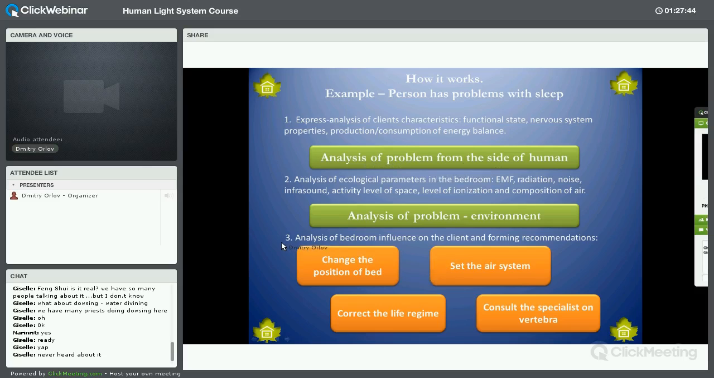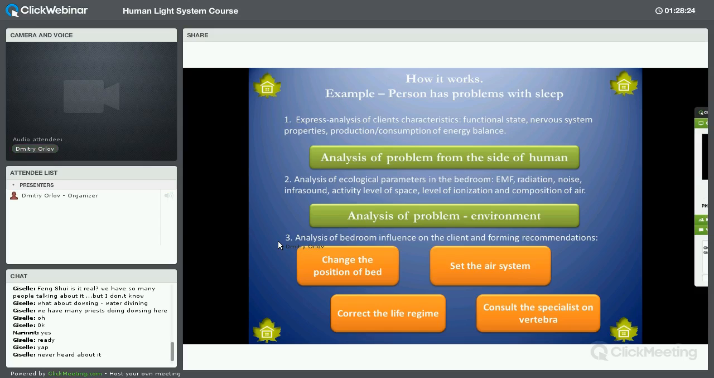Here, number three is: what can we then recommend to a person? Number one, we can propose to the person to change the position of the bed if it's not positioned in a proper place. Number two, we can propose to set up an air purifying system that will change the quality of air in the bedroom. For example, if the quality is not good enough,